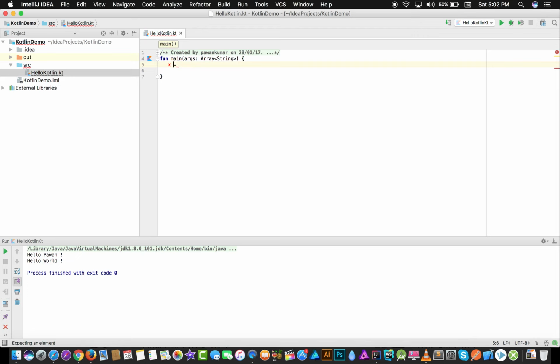So how you define a variable, you have to write var and x. So I can give anything here, so you don't have to specifically say it is an integer or string. If you want, then you can give it, otherwise it will automatically pick. So I'll give it like 5, var x is equal to 5, and I'll print x, and this is the only thing you have to do. Now I will run this application,